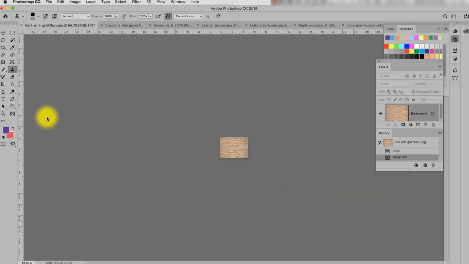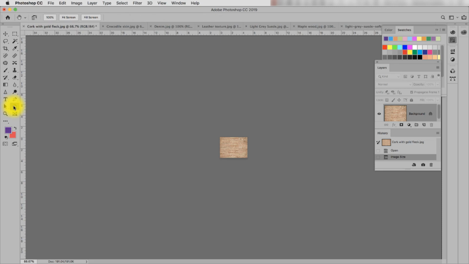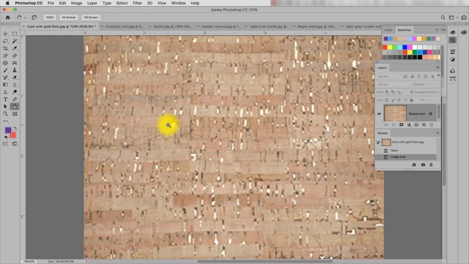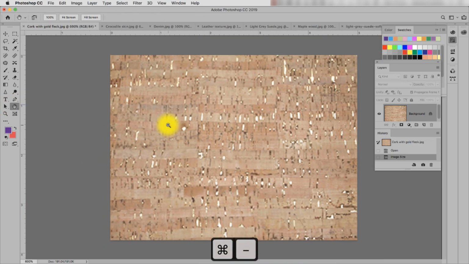If you double-click the hand tool, the image will immediately be larger on the screen. Don't worry if it gets a little blurry. You won't see this when you use it as a fill. Now, we'll offset this image.